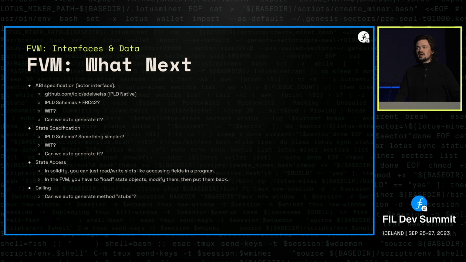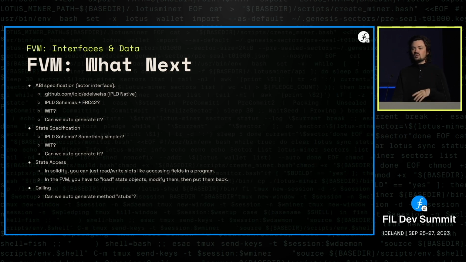Basically, right now, whenever you call into an actor, it has to first ask the system for a context, or a message context, which tells the method ID and a bunch of other stuff. Then it also has to stat the parameter block to figure out its size and its codec. Then it has to ask the system to actually read in the parameter block. And I think it usually makes basically 3 or 4 syscalls up front, and that's not